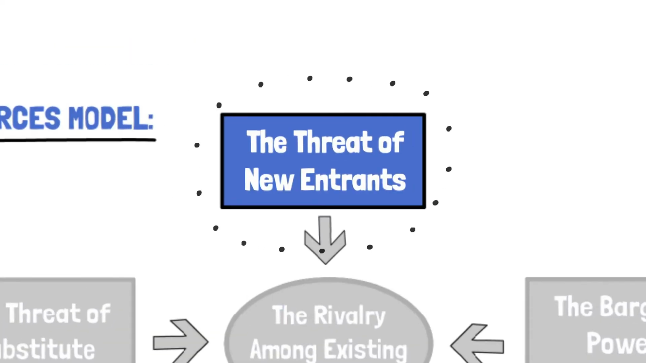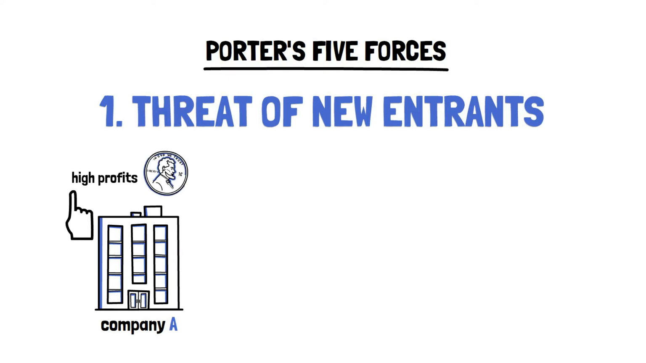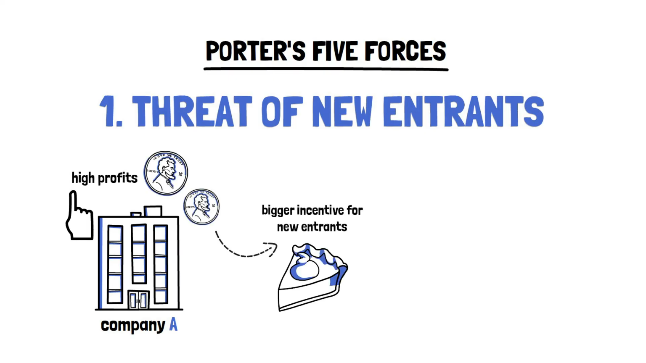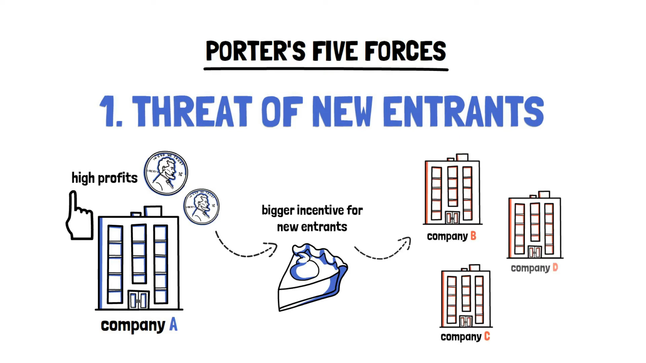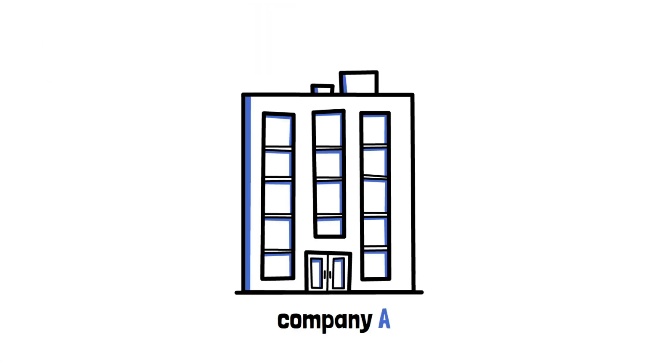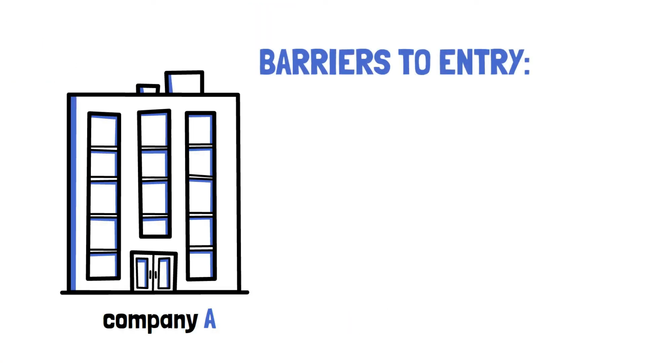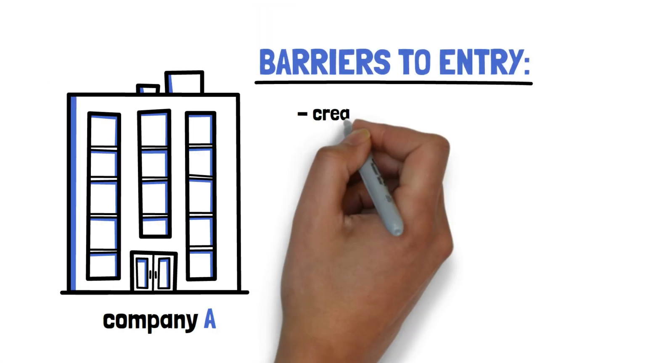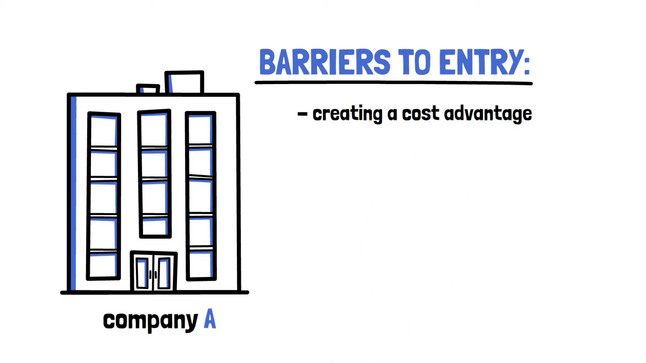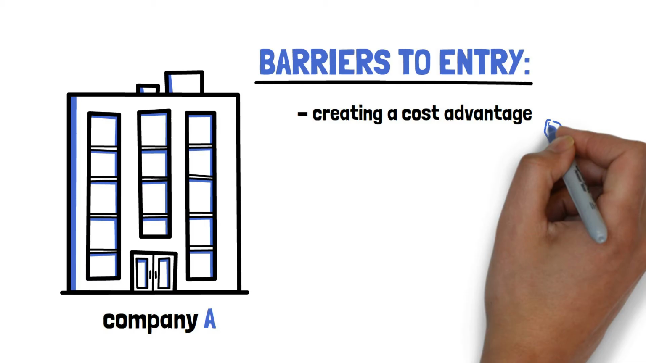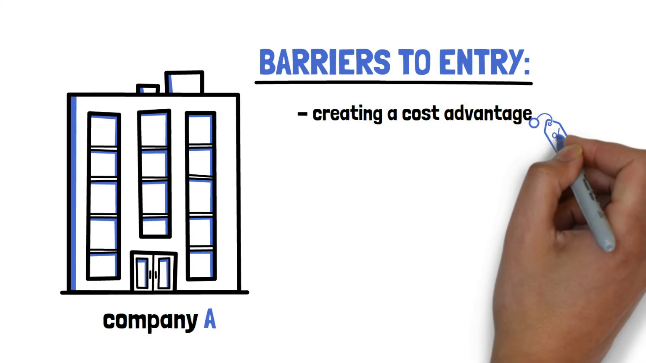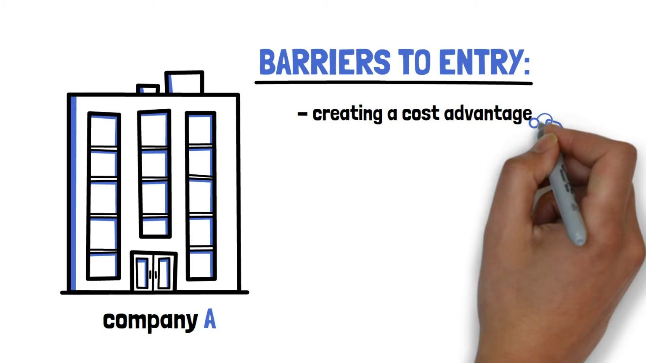The first one is the threat of new entrants. The higher the profits of the firms operating in an industry, the bigger the incentive for new entrants. They want a piece of the pie and will be willing to join and compete to get it. As a company, you therefore ideally want to create barriers to entry. You can do this by creating a cost advantage. For example, you can have low-cost sources of raw materials, government subsidies, or less expensive localized resources in order to